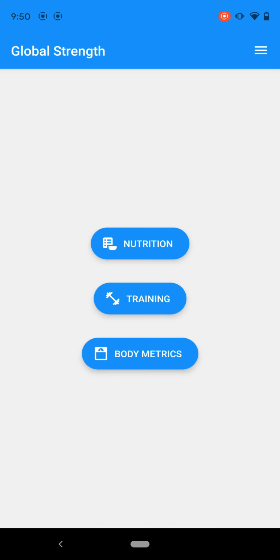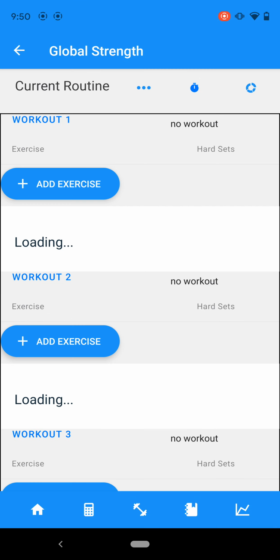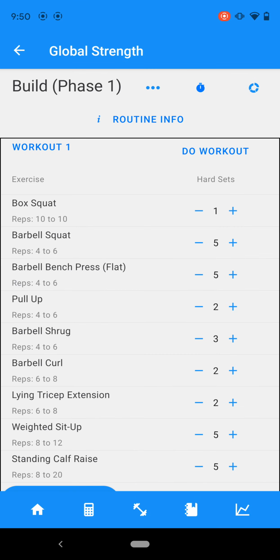Last time I showed you the routines themselves and the generation of the routines. So this time I will show you, once you've generated a routine, what to do with it and what this screen provides. Now, if you don't want to use one of the auto-generated routines, from this screen you can manually